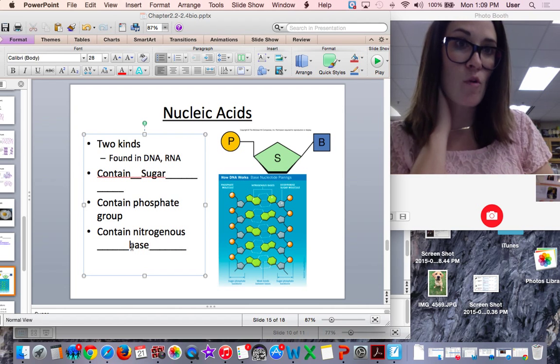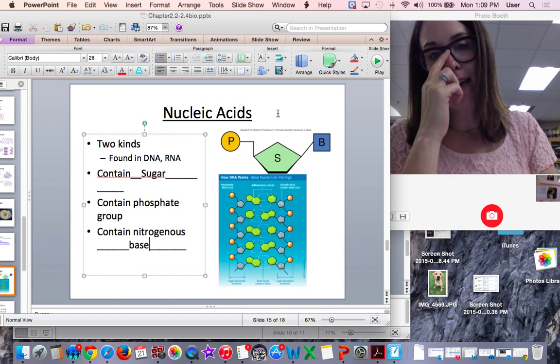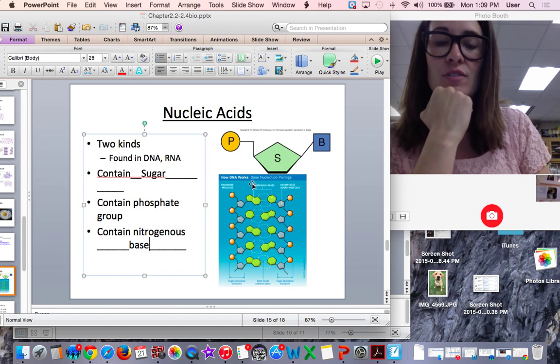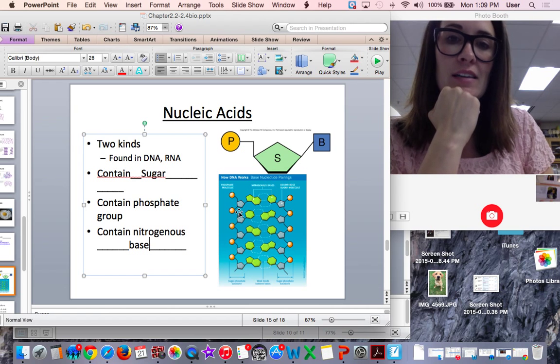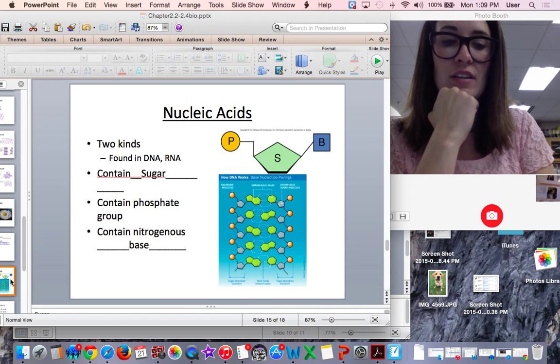We're going to talk more about DNA in the genetics unit, but nucleic acids make up the DNA. So here is a double strand of DNA. Here is a nucleic acid. Or actually, specifically called